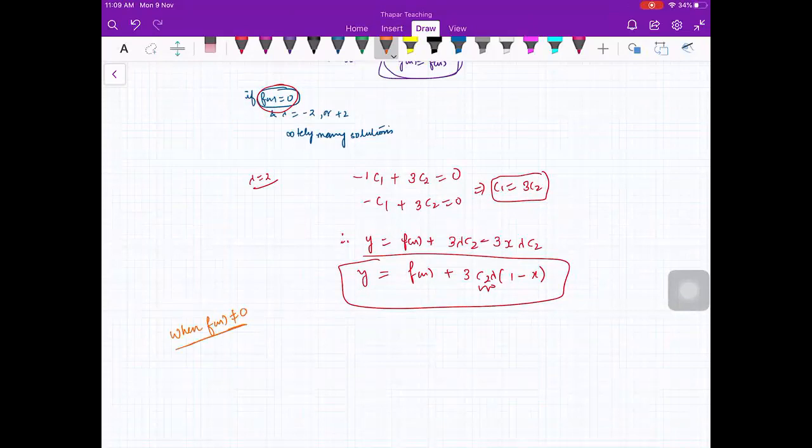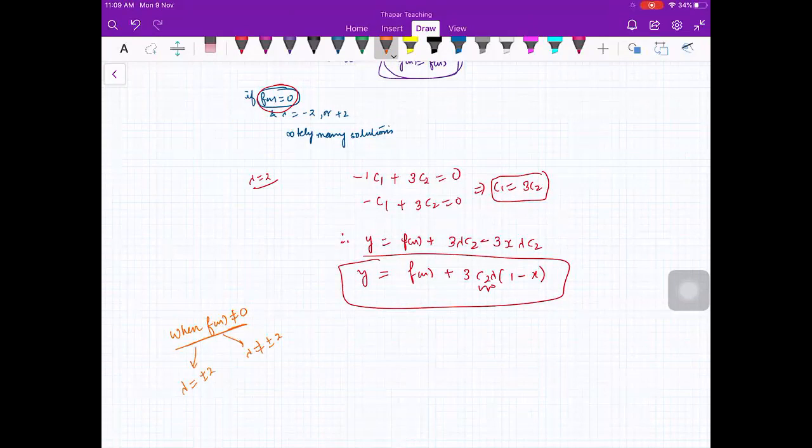Okay. So you will have the same cases when f of x is non-zero, and again you take lambda equal to plus minus 2 or lambda not equal to plus minus 2. There also you can discuss all the possible cases of how you will get the solutions. Is that okay, beta?